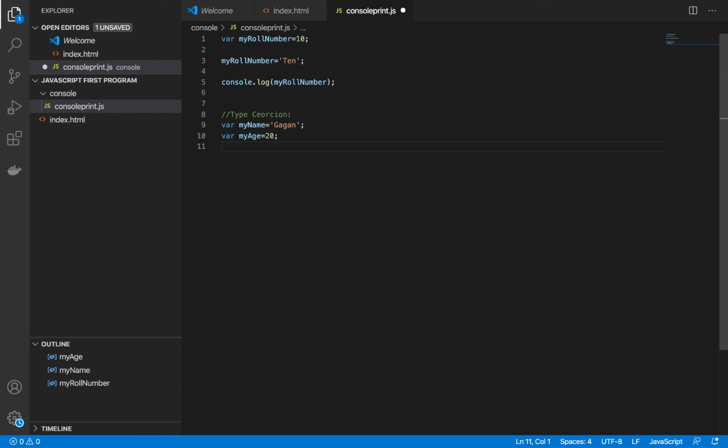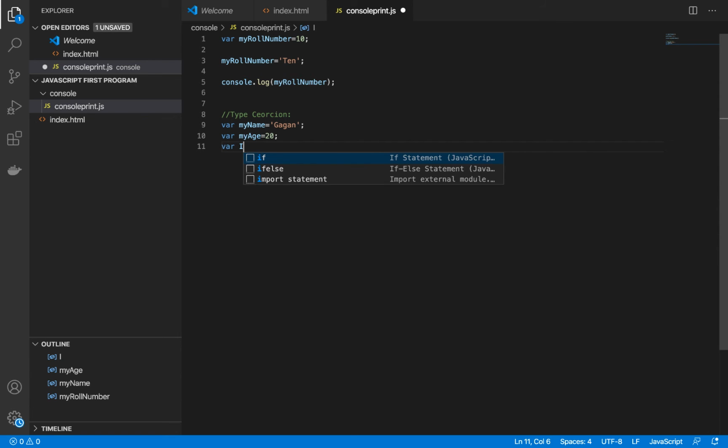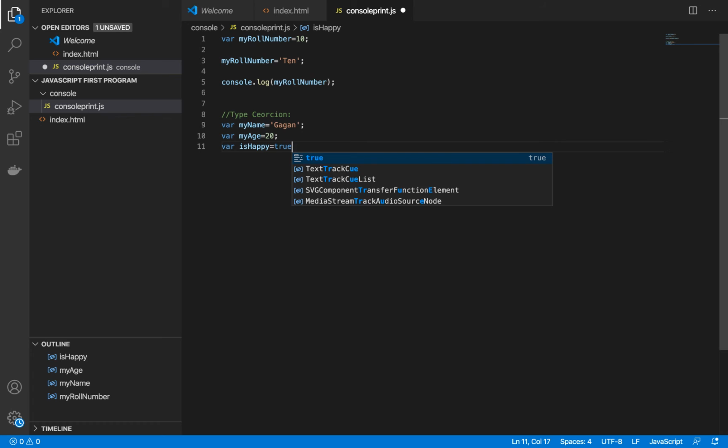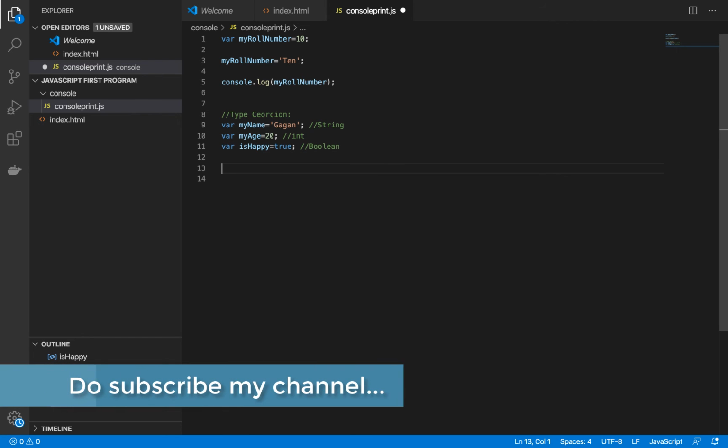And then I have given one more thing, a boolean, var is happy, and I have given true. So now we have declared a few kinds of variables: this is a string variable, this is an integer variable, and this is a boolean variable. Now in type coercion, JavaScript is smart enough to identify that you have declared different kinds of data types, and it converts them by default.